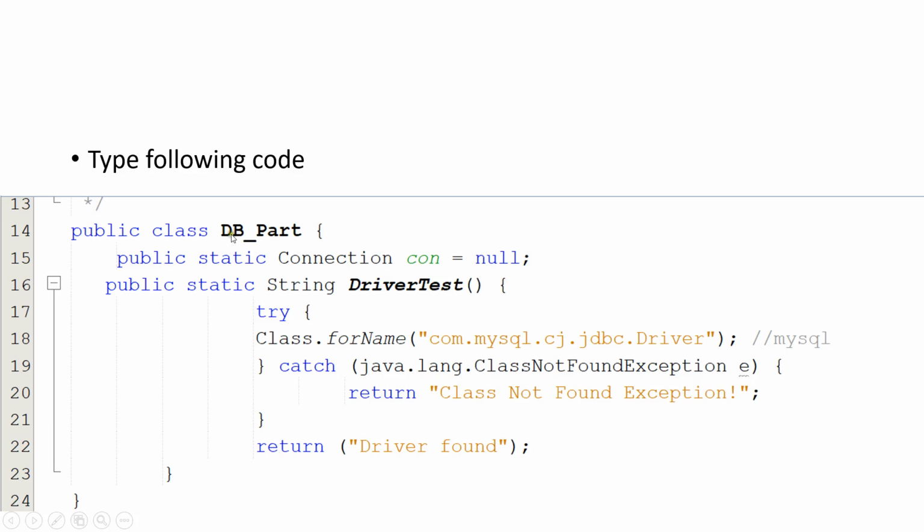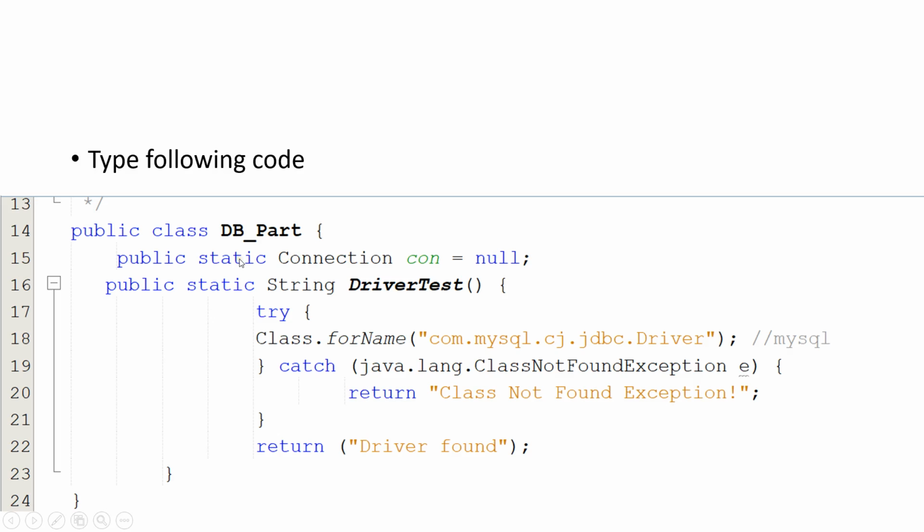So we have added a class called dbpart. This is a very important line. We're going to use a connection object. The class is Connection. Public static Connection variable com equal to null.